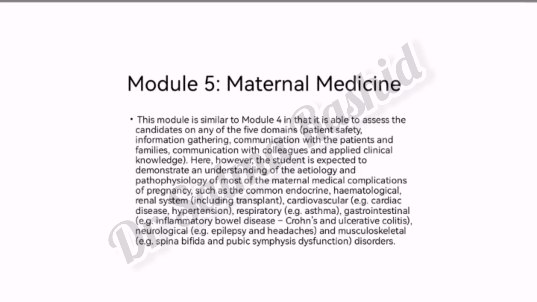Here, however, the student is expected to demonstrate an understanding of the etiology and pathophysiology of most of the maternal medical complications of pregnancy, such as the common endocrine, hematological, renal system, including transplant, cardiovascular, for example cardiac disease, hypertension, respiratory, for example asthma, gastrointestinal, for example inflammatory bowel disease, Crohn's or ulcerative colitis, neurological, examples epilepsy and headaches, and musculoskeletal, examples spina bifida and